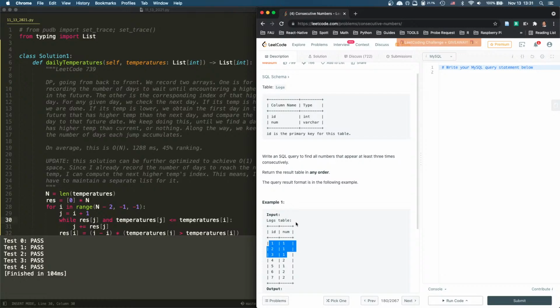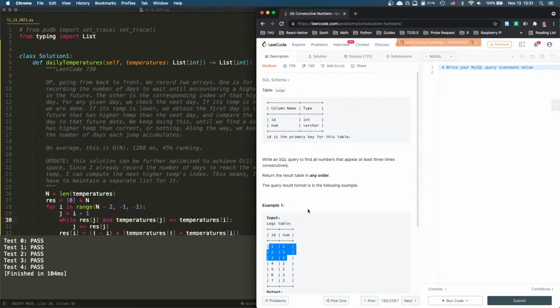Now for each ID from this, then we'll select it if the number of counts, right? So that's going to be a